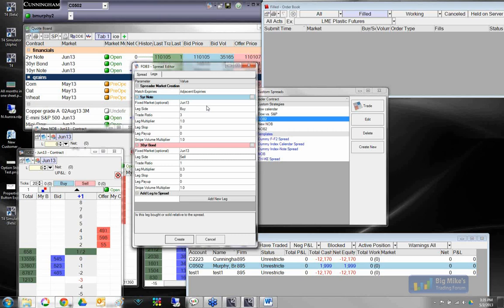And then the last option there, the snipe volume multiplier, is basically telling you how much volume you want to see on the bid or offer before the spreader will look to get you filled. So in other words, if we're doing a 3-to-1 ratio here, and I'm doing a 1 lot, I want to make sure there's at least maybe 3 on the 5 side, but to give myself a little room so I'm not missing legs, a lot of people may go to 6, 9, or 12, just to ensure there's enough volume there to get filled,